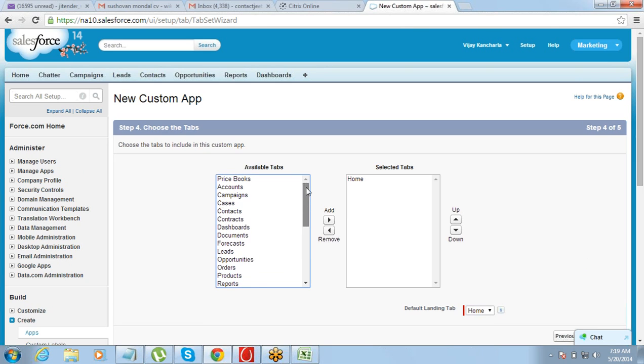Now while creating an app, as I told you earlier, an app basically displays a collection of tabs. Right now we have a lot of tabs already available in our Salesforce. It shows you a complete list of tabs and asks which tabs you want to show under this app. So under the project app, which tabs do you want? Home is by default. Home tab will